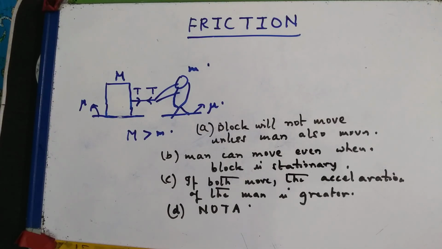You will find that first of all, if the string is not tight, you will not be able to pull the wardrobe or almirah. So for the string to be tight, there has to be tension, and the tension force acts opposite